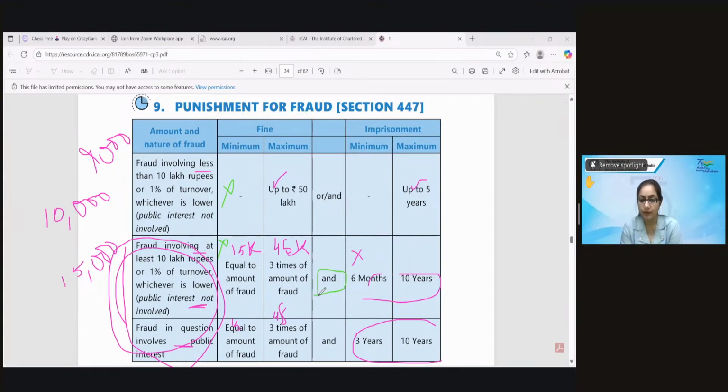कम वाले में जेल होगी नहीं, बट इसमें 6 months से लेके 10 साल जेल। एंड अगर पब्लिक इंटरेस्ट इन्वॉल्व है, चाहे वो मोर है चाहे वो लेस है, पब्लिक को धोखा दिया, पब्लिक इंटरेस्ट इन्वॉल्व हो गया, 3 से 10 साल जेल। एंड फ्रॉड सेम रह रहा है, 3 times एंड इक्वल।